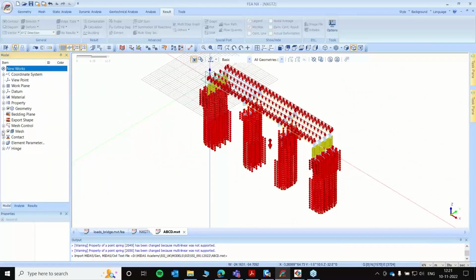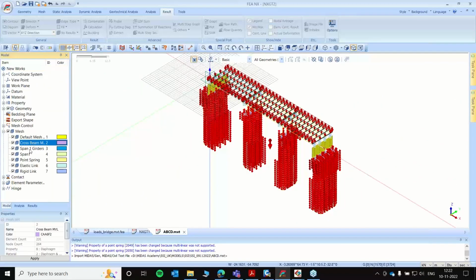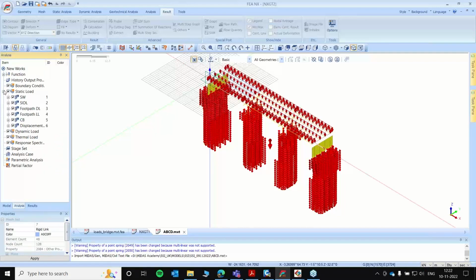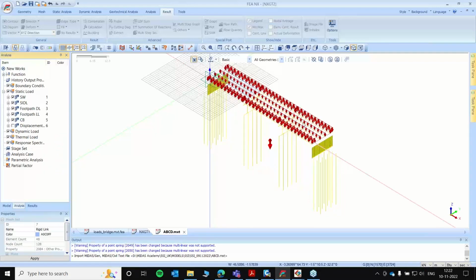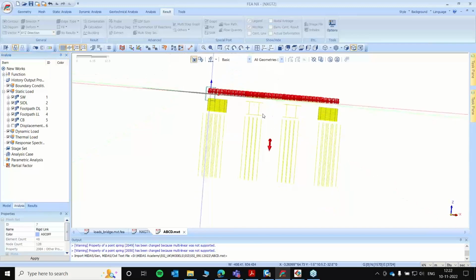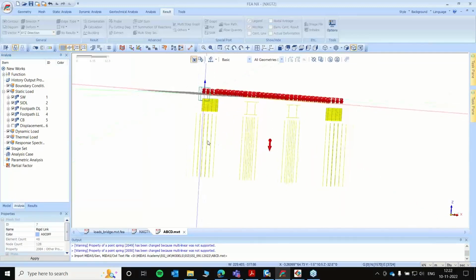In the default mesh, you can see the cross beams, span 1 girders, span 1, point springs, elastic link, rigid link. I'll hide the elastic and the rigid link. In the analysis, as I defined before, the loads have been imported too.